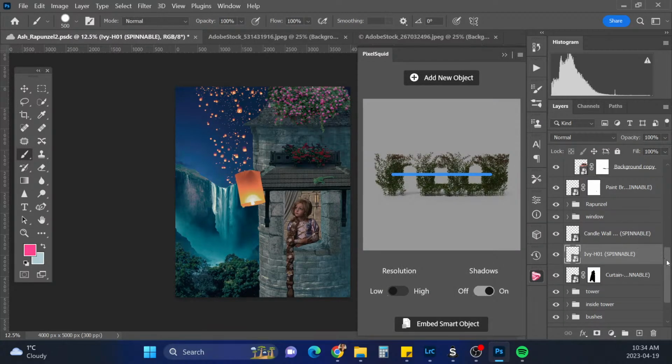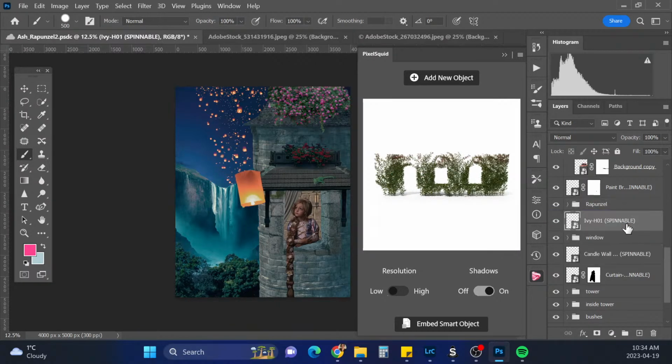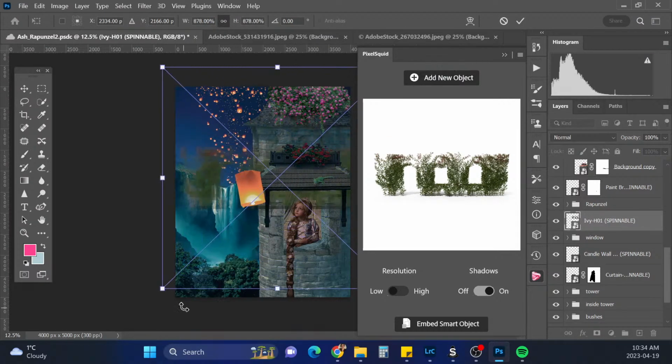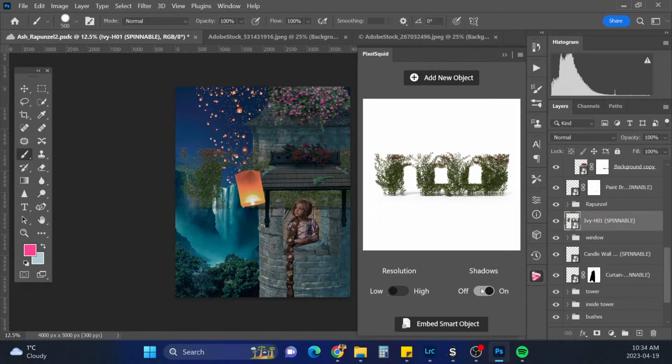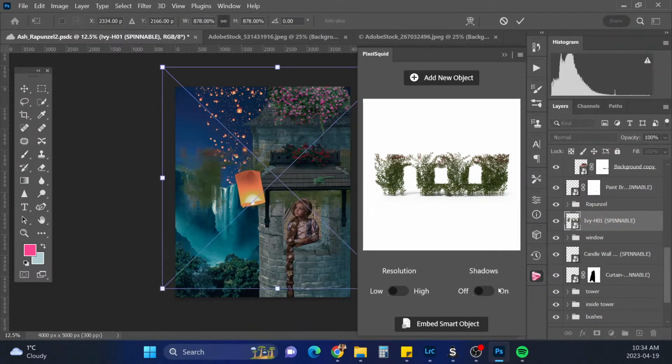So, over the window here, we want this ivy to be over the window. And we're gonna make it pretty big here. Control T. Oh, we want the shadows off and we want them to be high resolution. Okay, Control T.